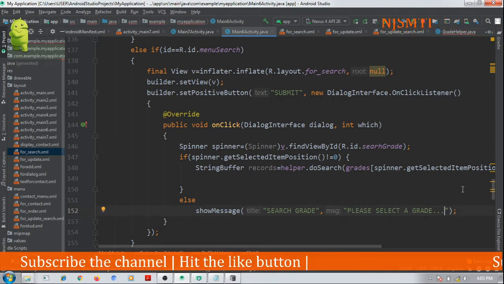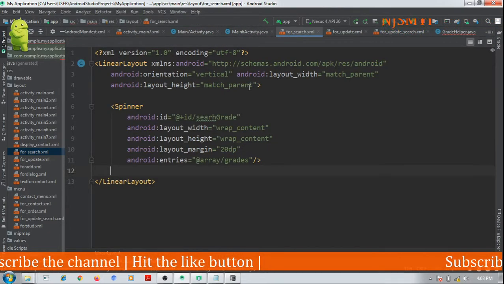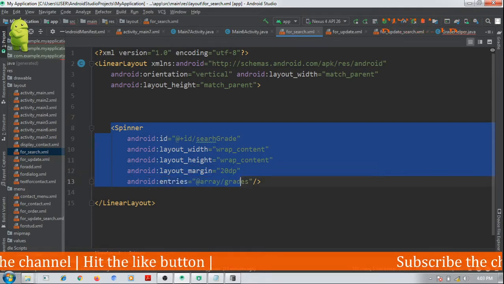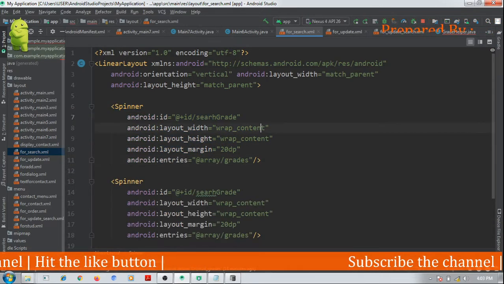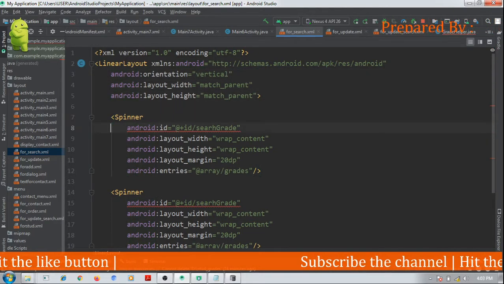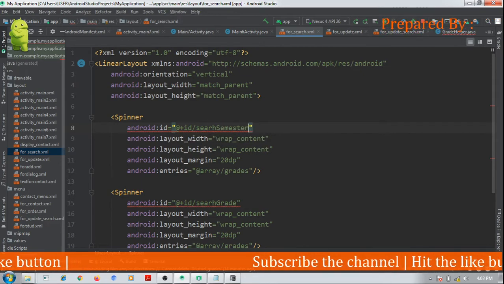Okay, but as I told you, for grade searching it is a good thing if we also ask for the semester. So another spinner should be here. This spinner should have the items like semesters.